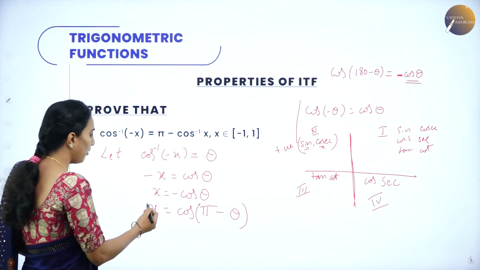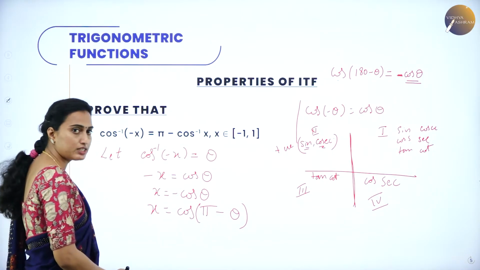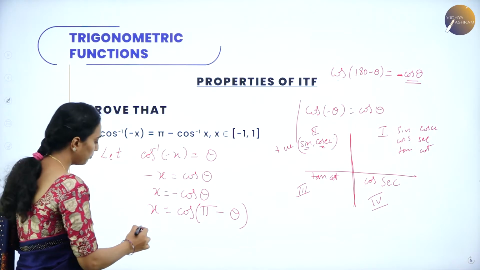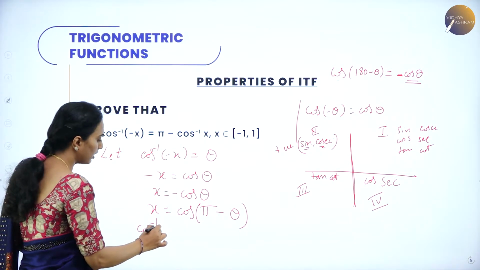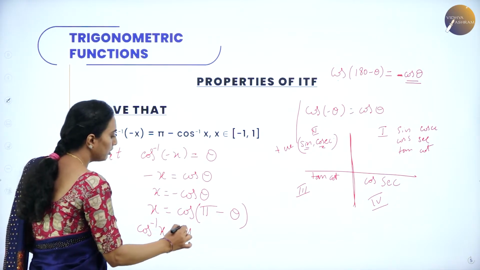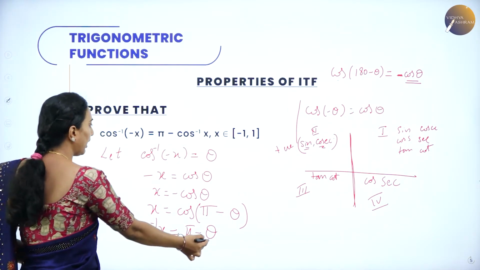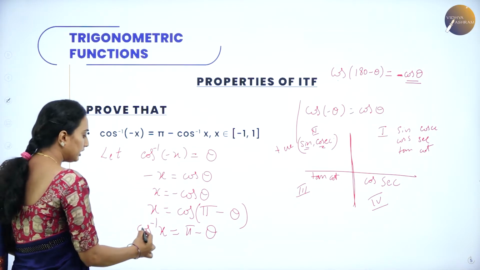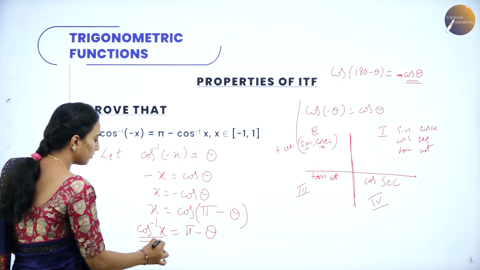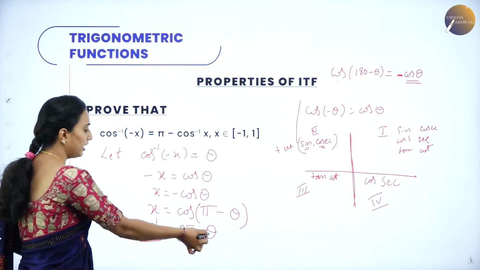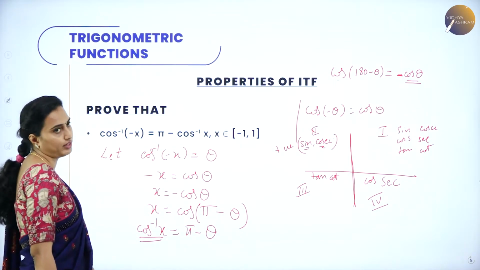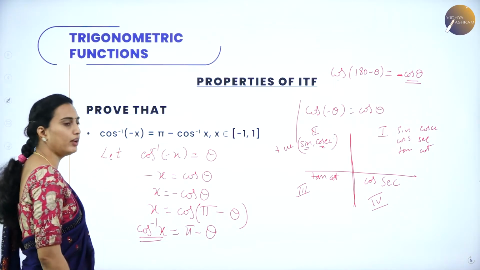Okay. So now x is equal to cos of 180 minus theta. Bring cos to this side, it will become cos inverse. Cos inverse x is equal to pi minus theta. Otherwise, you can have it as what? Theta will be equal to what? Take this whole cos inverse x to the right hand side, minus theta, bring it to the left hand side. Because we are having a proof like that only.